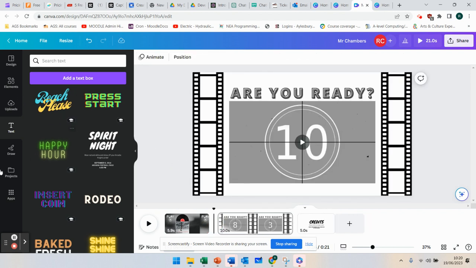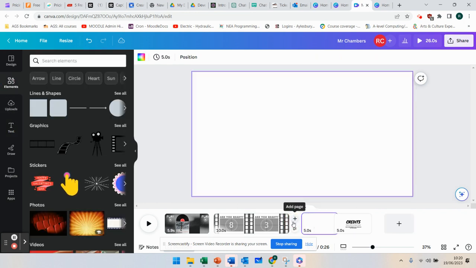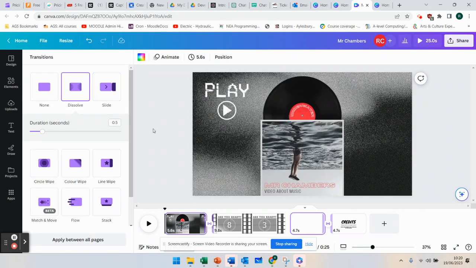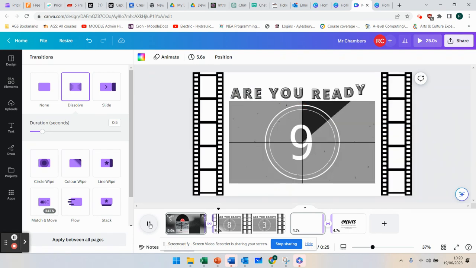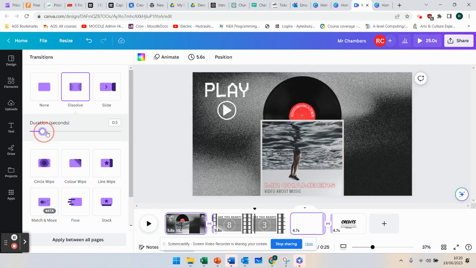Now, the one thing that you'll notice is that we have other elements that we can add in. If you click in between a clip, you can actually add transitions in. So if I click here, I can then add in these transitions. So if I press play, you'll see I've got that play button there, and then it will dissolve into the next clip. So if you want to look at transitions, you can change these transitions and make them bigger or smaller. So that's just a quick video clip that shows you how you can add transitions in